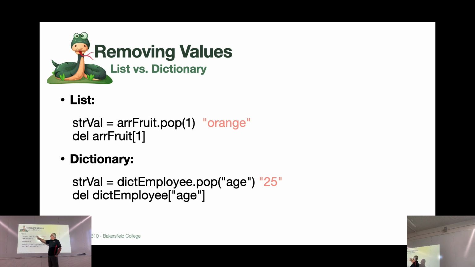So if I have the apple, orange, banana array that I had before, fruit, and I say pop index number 1, it's going to get rid of orange. It's going to remove orange from that array. But pop is a return-something method, and what it returns is whatever value it deletes. So it will take orange out of the array and put it into this variable, which is really useful because